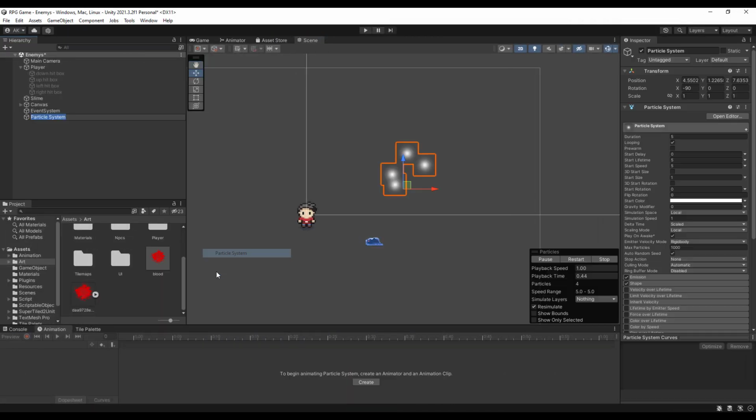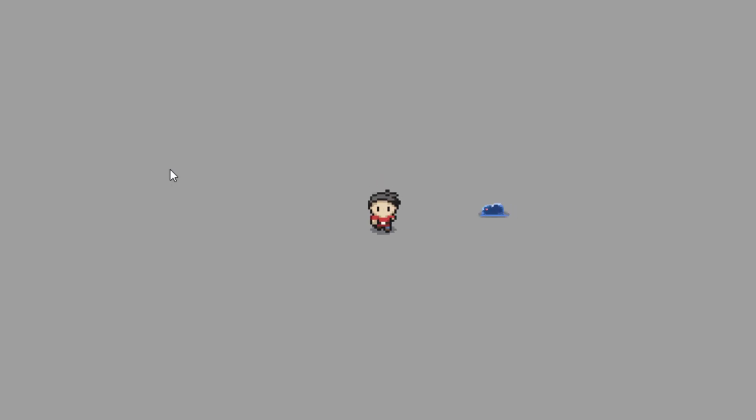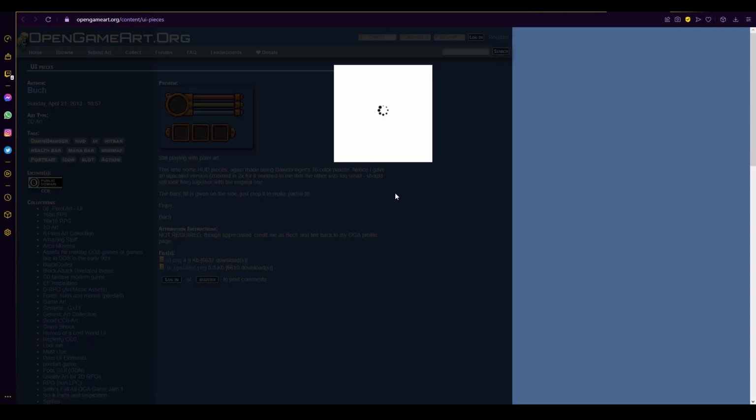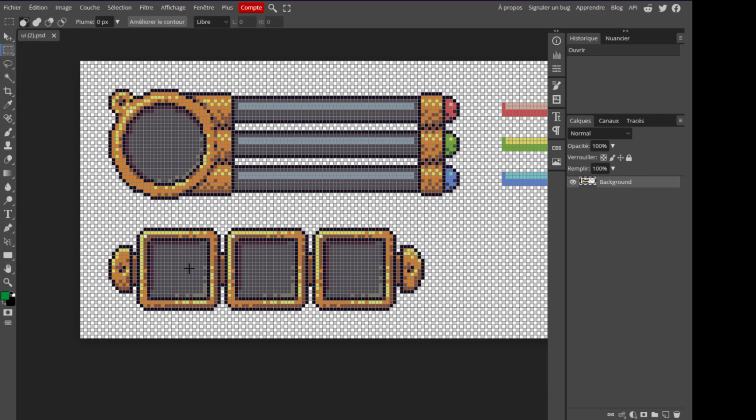I saw that the enemy fight is missing something, so I added the blood effect using Unity's particle system. And now as you can see, I get blood effects from hitting the enemy, which I think give the game more life and satisfaction. For the game UIs, I found this free pixel art on OpenGameArt, which suits the environment